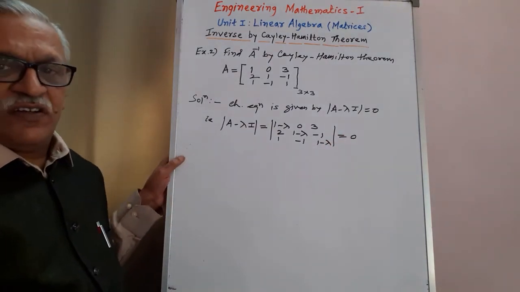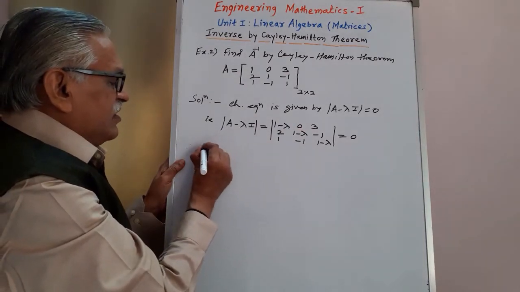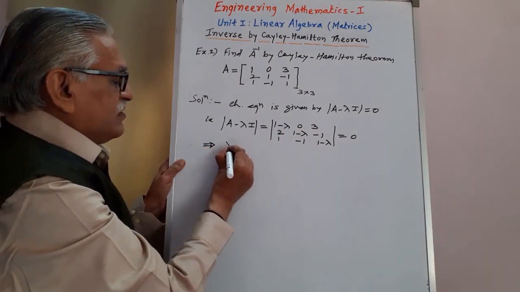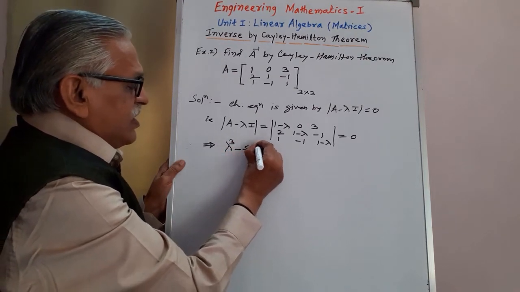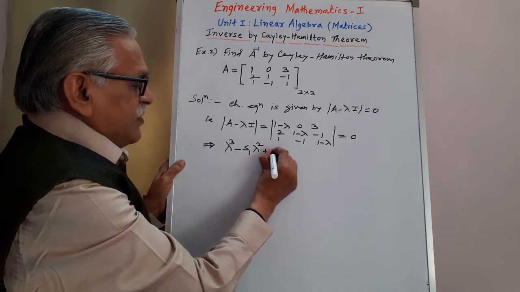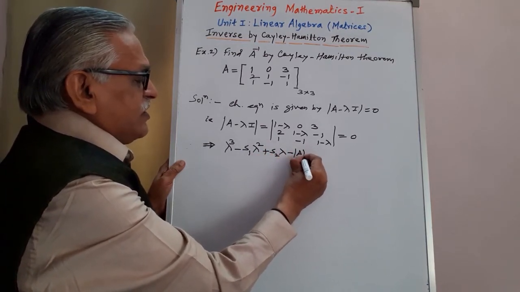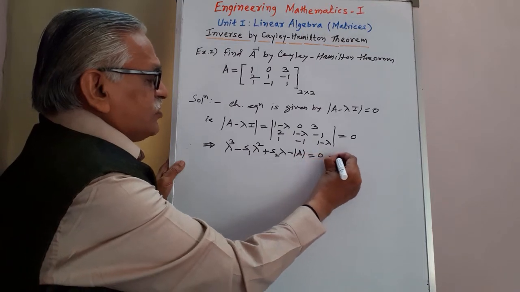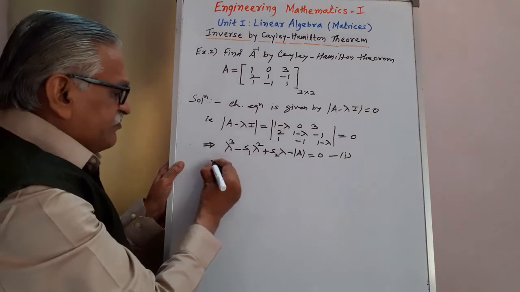And this equation we had obtained by the shortcut method. It is given by lambda cube minus S1 lambda square plus S2 lambda minus determinant of A equals 0. We call this equation 1, where